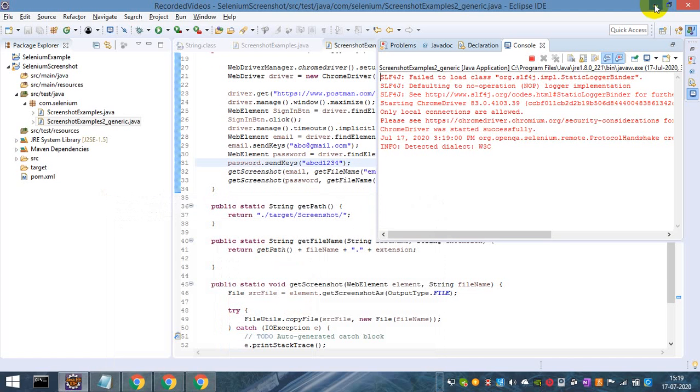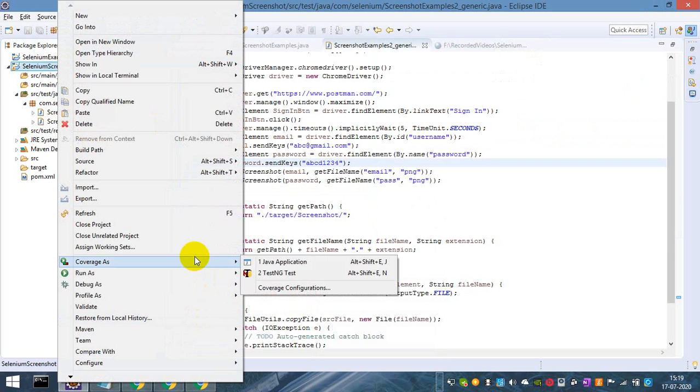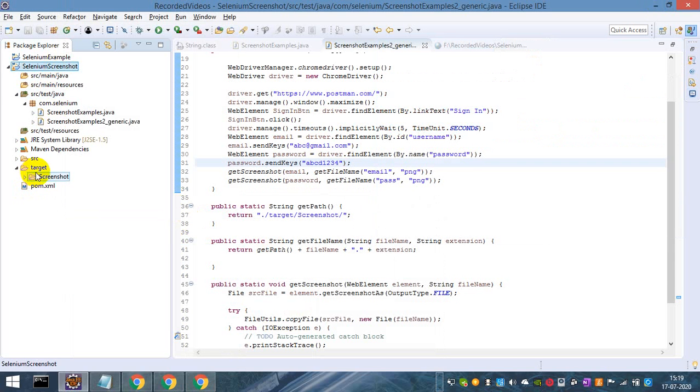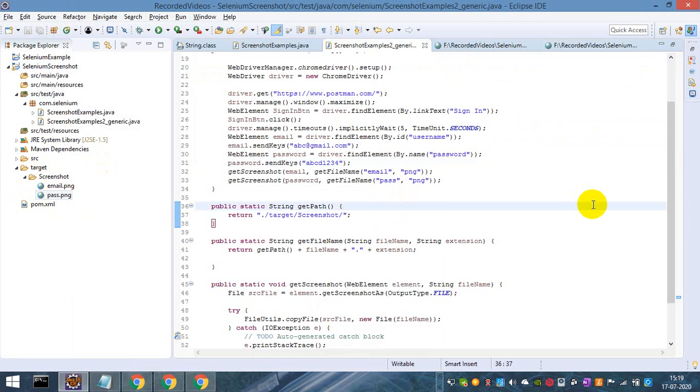You can refresh the folder one more time to see whether your screenshot has been captured. You can see the screenshot folder has been created with two files, one for my email and one for my password.